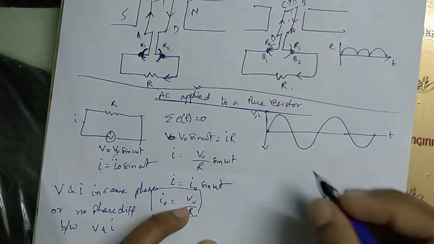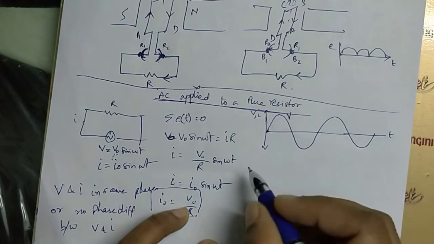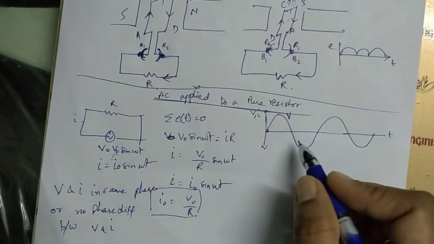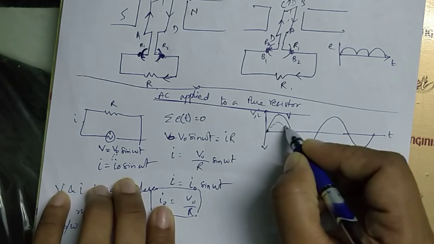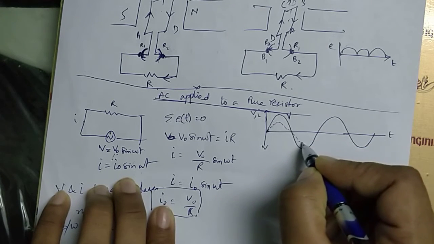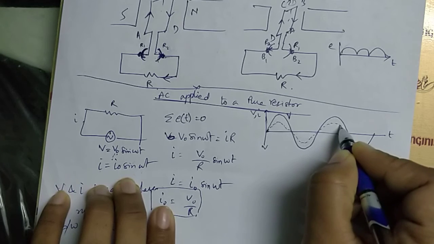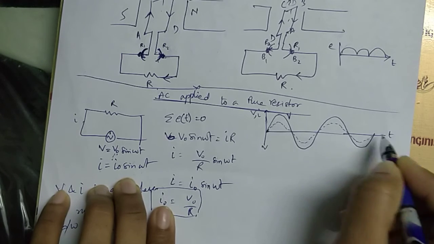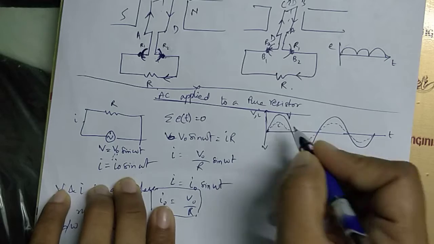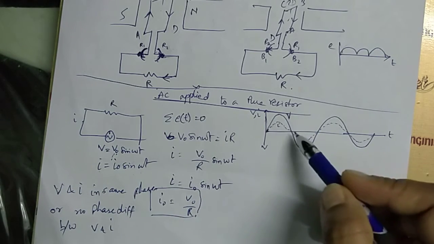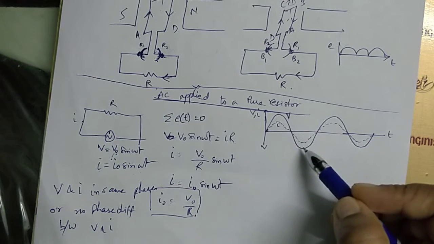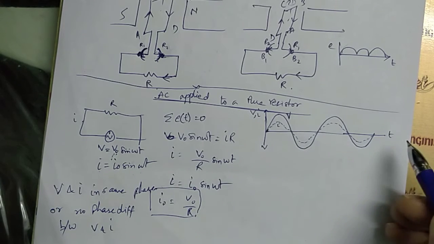So with a smaller amplitude, we can draw it on the same graph. This one is for voltage V. The other one which I'll draw is for current, the same kind of function, but the amplitude will be different. This dotted line is another sine function with a smaller amplitude. This represents current. Now if you see the voltage and current graphs, they attain peak together, they become zero together, they become negative maximum together. So they are in the same phase.